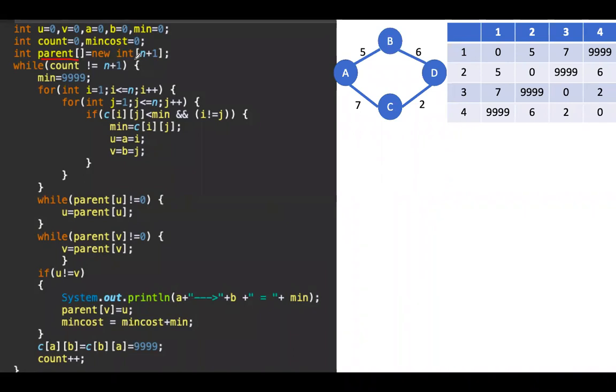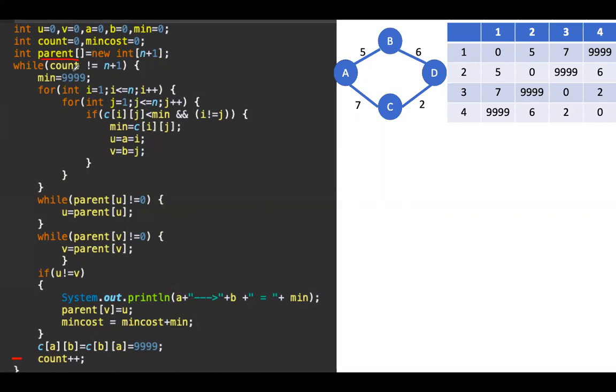All of you observe carefully. I have a lot of questions. I will ask questions. You people must answer them. Okay, since it is a very simple program and it is a repetition of almost everything in Prim's, the same things are repeated here. So minimum value, I have initialized it to 999. We will be starting, okay, one while condition we have taken, count not equal to n plus 1. So until this condition is true, these statements will be executed. Okay, the while loop ends at this point. So till then it will be executed until the while condition fails.